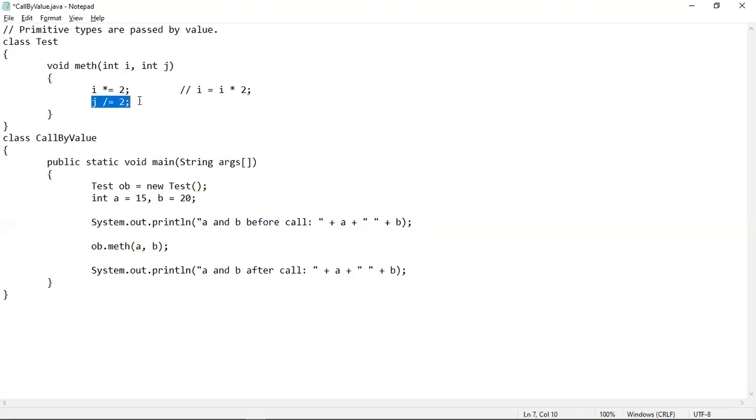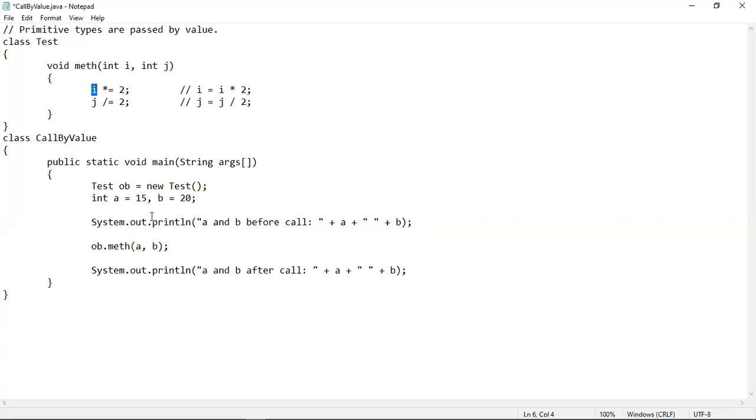Then J divided by equal to 2 means J equal to J by 2. The value of J is 20 because the value of B, which is 20, has been passed to J. So 20 will be divided by 2. The quotient would be 10 and the value will be stored into the J variable itself. So J will contain 10 and I will contain 30 after these calculations take place.